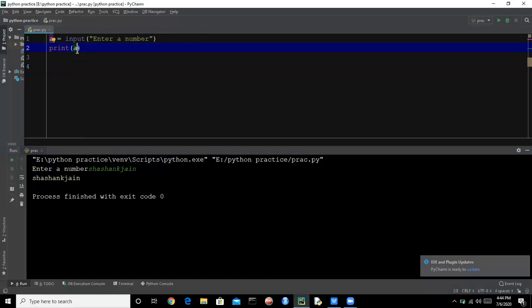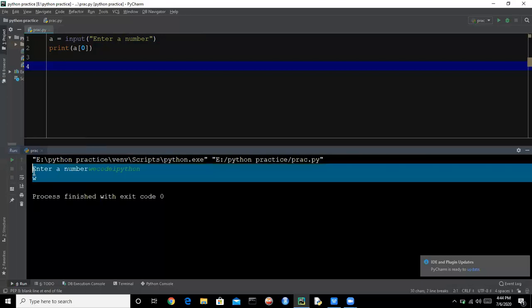It is as simple as we have done in our data type concept. Let's pass the indexing. We have the indexing in a string from 0. So let's print the first character using indexing 0. So let's write anything like the code in Python, and it will return W. So you can work with the string as we have discussed in our string tutorial. You can do anything that we can do on strings.